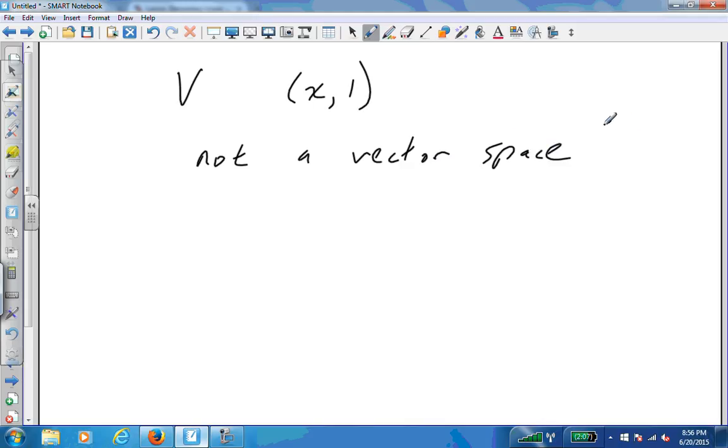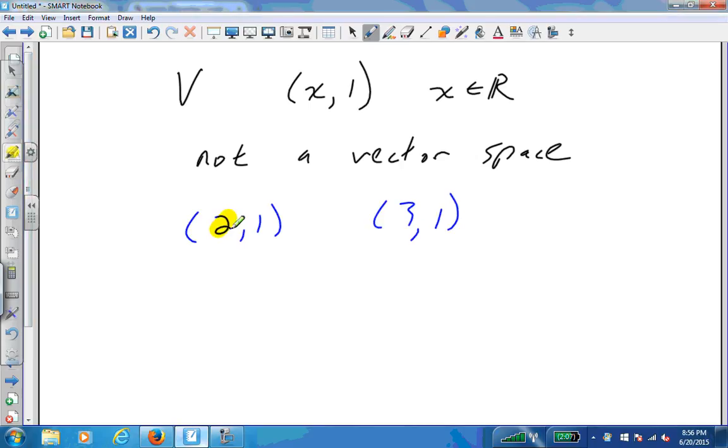Now let's see why the set of vectors with this characteristic, where x is any real number, is not a vector space. So as an example, let's suppose we have the vector 2, 1 and the vector 3, 1. So our first component is any number, the second component is a 1. Notice if we add these two together, we add the first components 2 plus 3, the last components 1 plus 1,